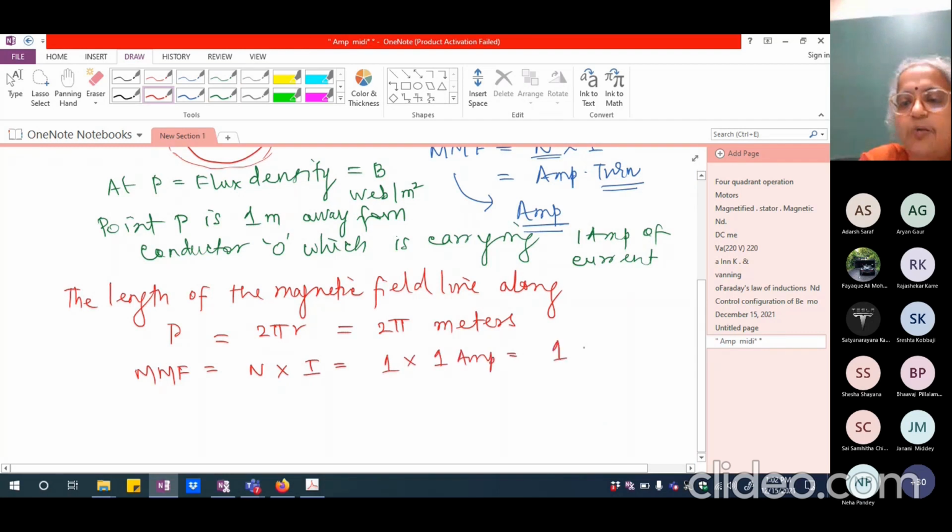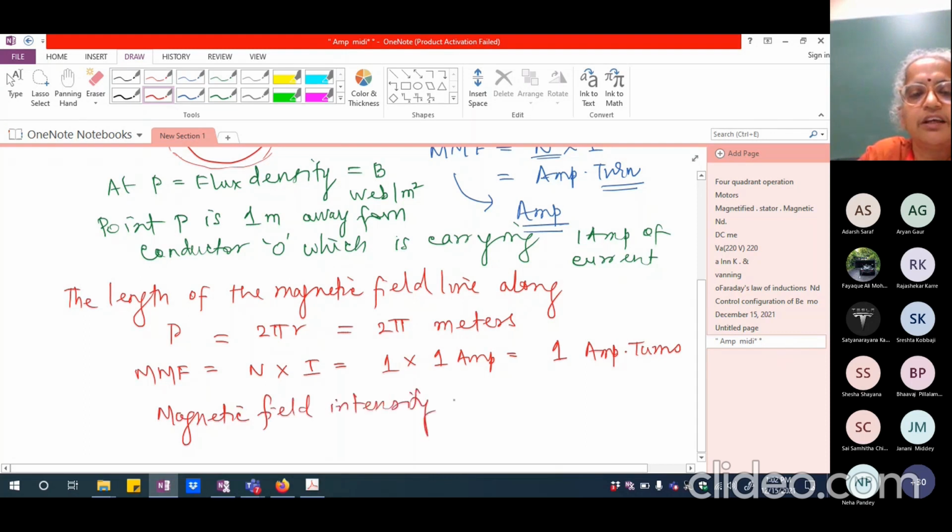So I'm going to have only 1 ampere turn. If I write it in ampere turn, I have to write it like this. That will be the MMF. So I should be able to say magnetic field intensity, right? That is causing